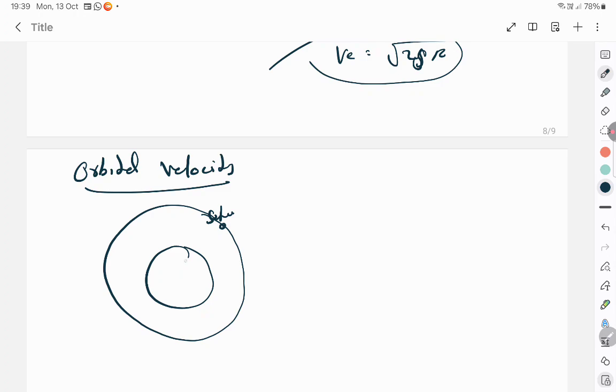Can you see, this is the radius of the Earth, capital R, and this is the height above which we are launching the satellite, so that it is not falling into the Earth. It has to stay wherever it is and try to orbit around. Yes, this is called orbital velocity. Though you're not supposed to say satellite and all here, I'm just giving you an example.